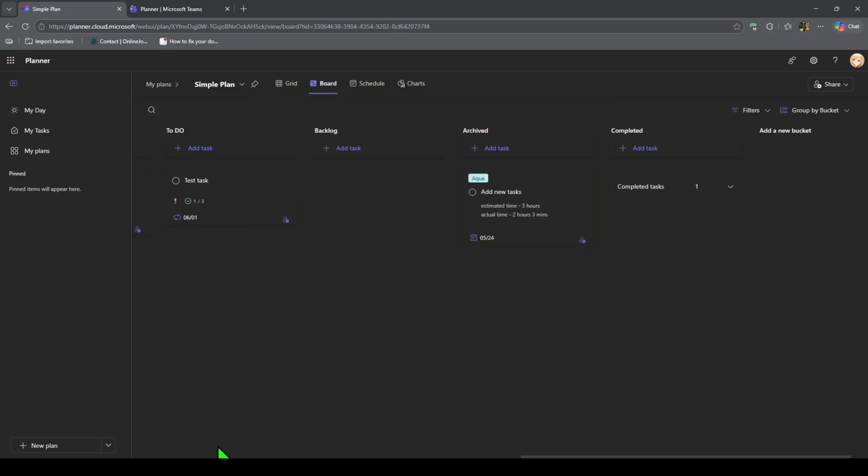In this video, I'll show you how to use Microsoft Planner as a Kanban board. Microsoft Planner is a simple project management tool that helps you organize tasks visually. A Kanban board is a workflow board where tasks move through different stages, such as to do, in progress, and done. Planner works well for this because it lets you create task cards, organize them into columns, assign people, and